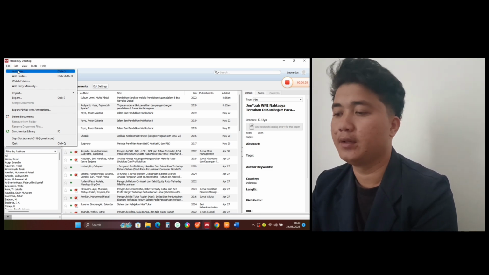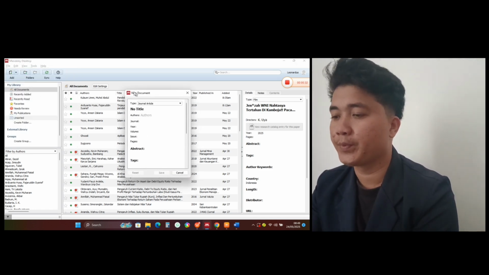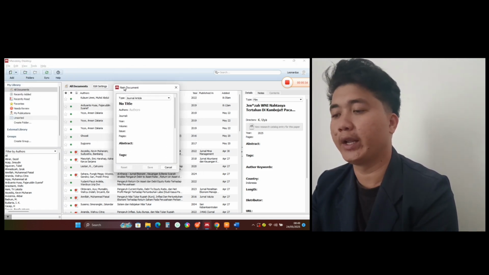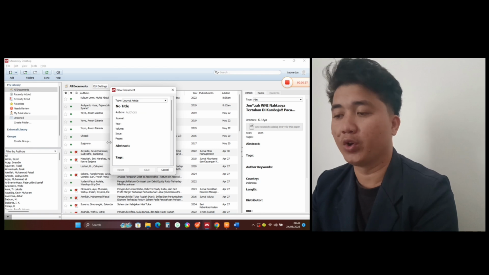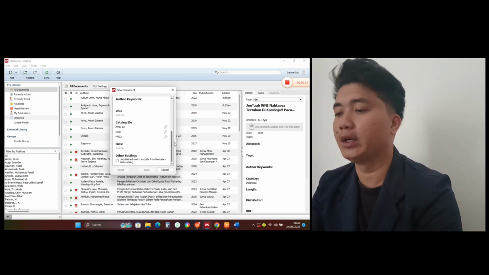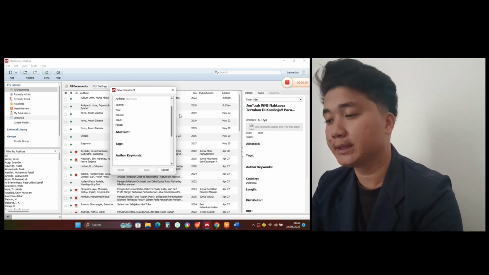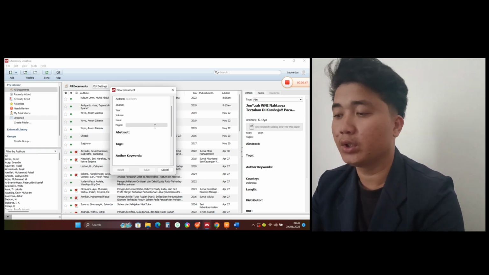After 3, select the Add Entry Manually menu. A small box will appear. After 4, when it appears, we will fill in all the fields in the box.